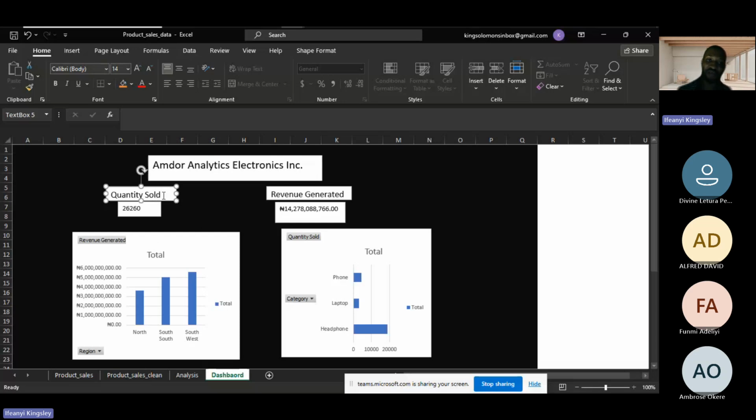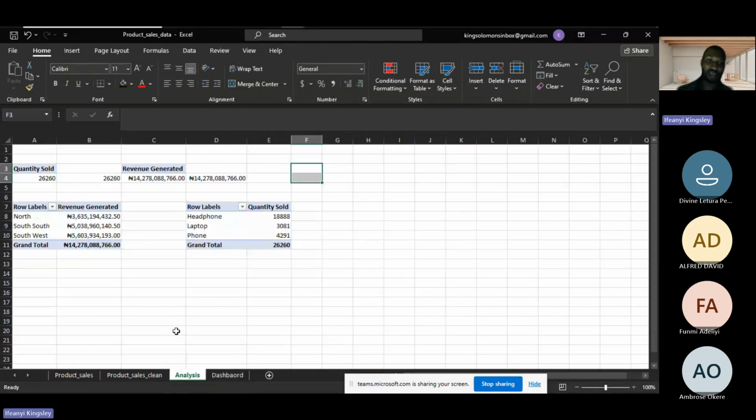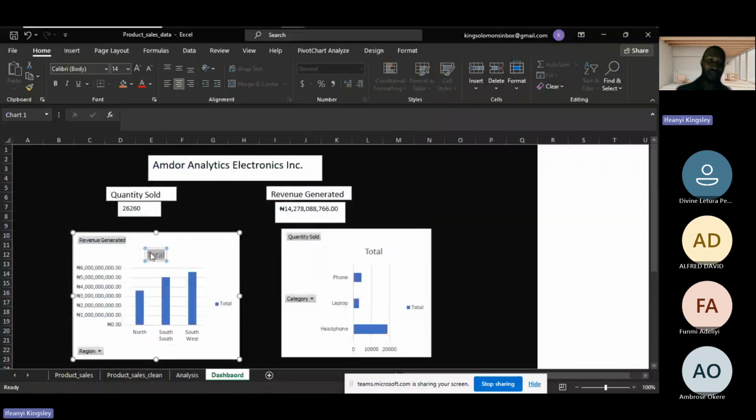Now, same thing for the summary. You know this chart is a derivative of two columns: your metric and a categorical column, which is your text column. This chart here is a derivative of the text column, which is the region, and your metric, which is your revenue. Now, when you want to give it a title, it always starts with